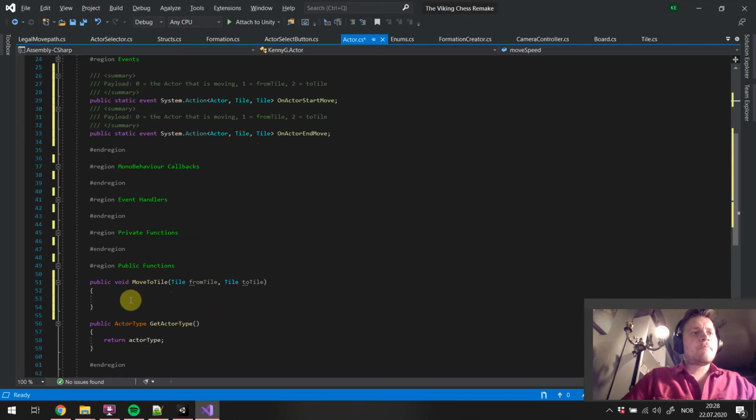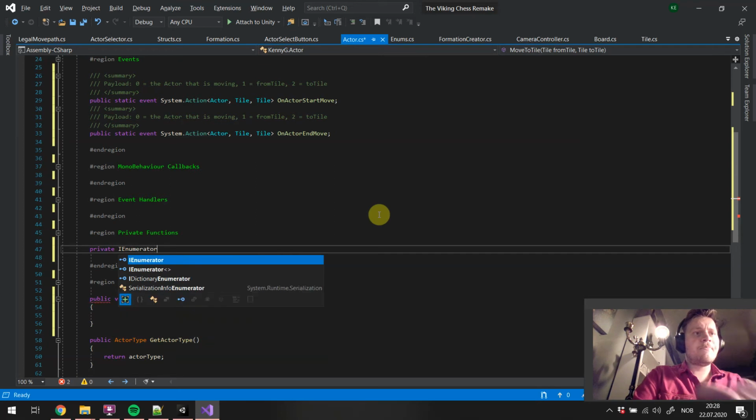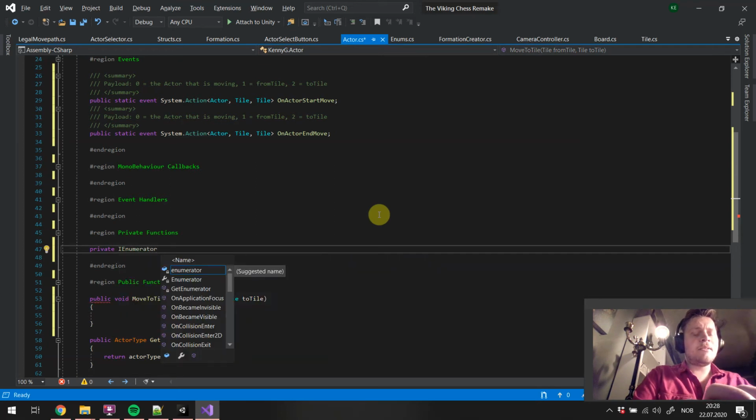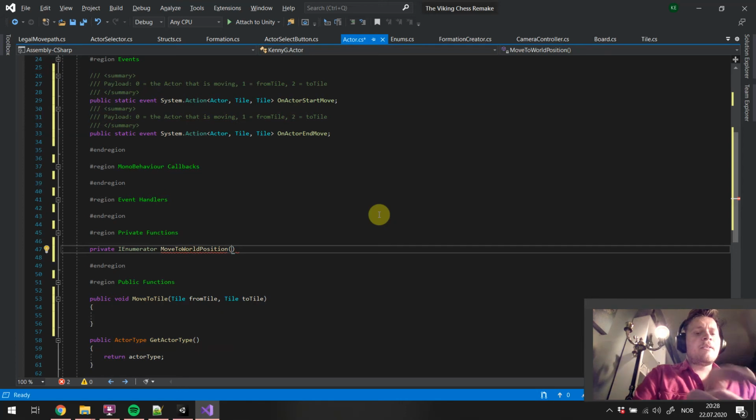And we're gonna create a coroutine in a private function. In order to create a coroutine, you need to write private, and it needs to return IEnumerator. This is the thing that lets us be a coroutine, and the name of this function is MoveToWorldPosition, and then we're gonna take in float t, which is the time,